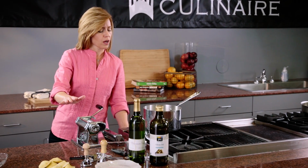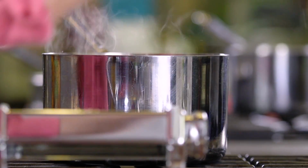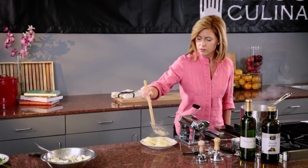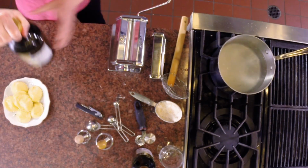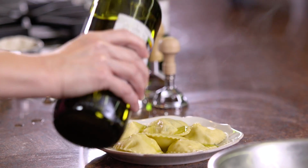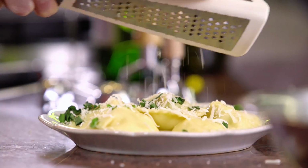Okay, my water's at a boil. These guys are delicate, so I want it to just be at a nice simmer. Fresh pasta cooks very fast. I'm gonna dress this very, very simply because I want the flavors of that filling to really shine through. A little drizzle of olive oil and also just some of this gorgeous basil, and then just a tiny little